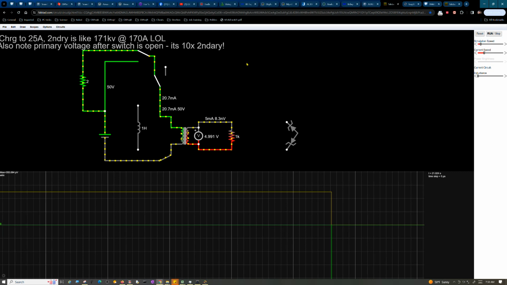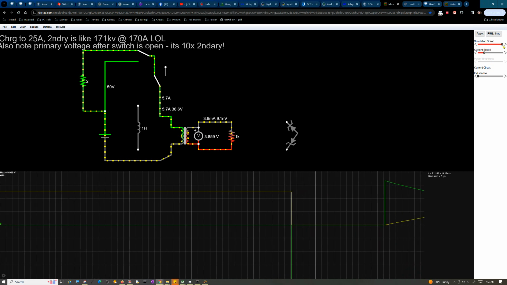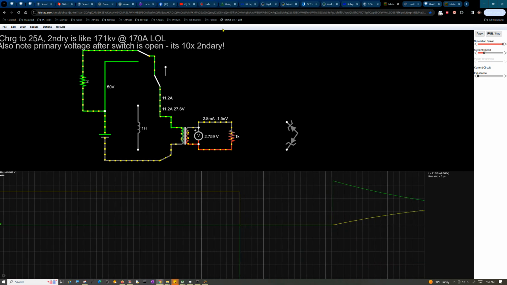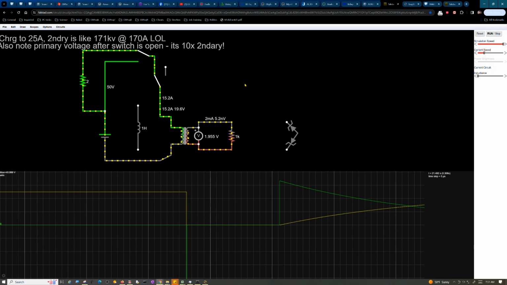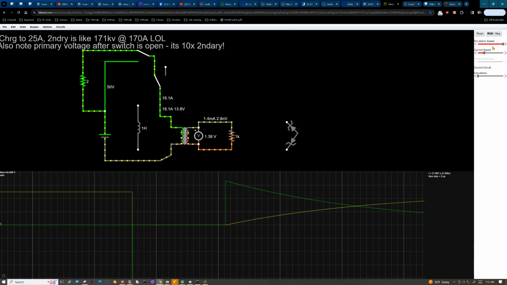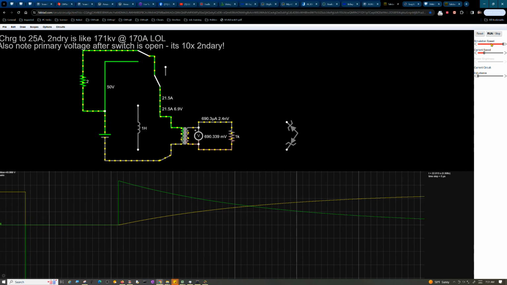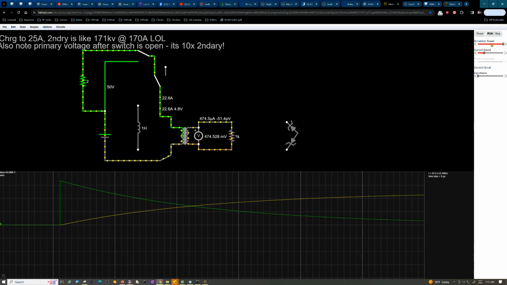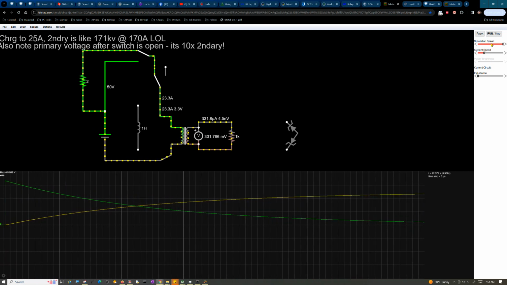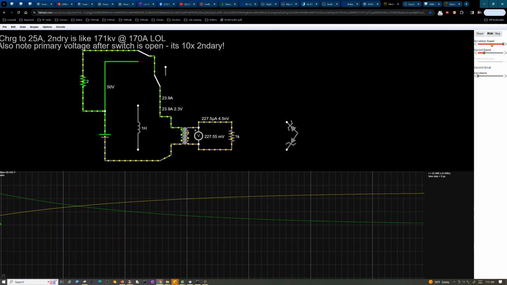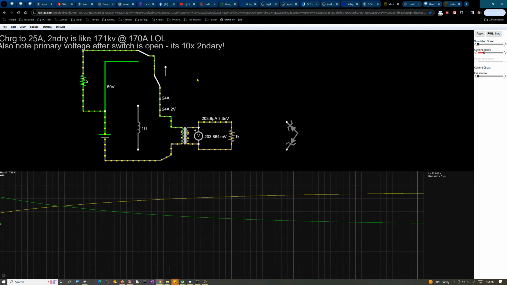Let's see. I'm going to get this thing charged up here. I could do it just the other way, but alright, about to charge. Alright, so I'm going to slow this way far down. So, I'll just go ahead and do it now. Alright, so you can see, we're at 159 kilovolts,